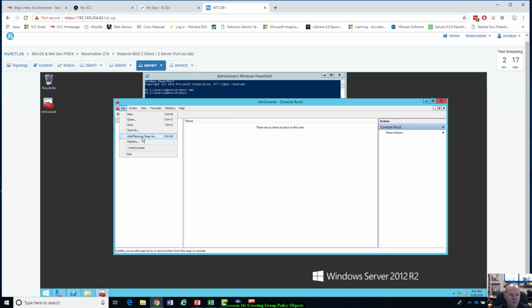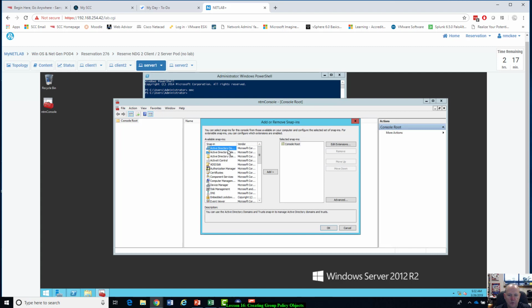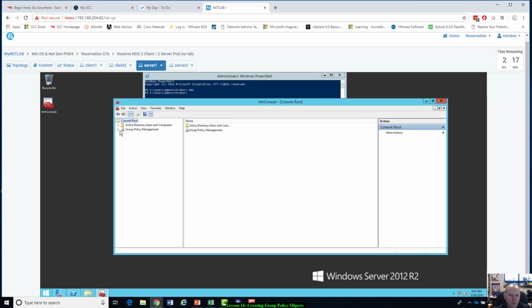Let's add a snap-in for Active Directory users and computers, add that. Go down here to group policy management, add that one. Now it'll show up. So there's our domain, here's our group policy management. So right here, what we're going to do first,